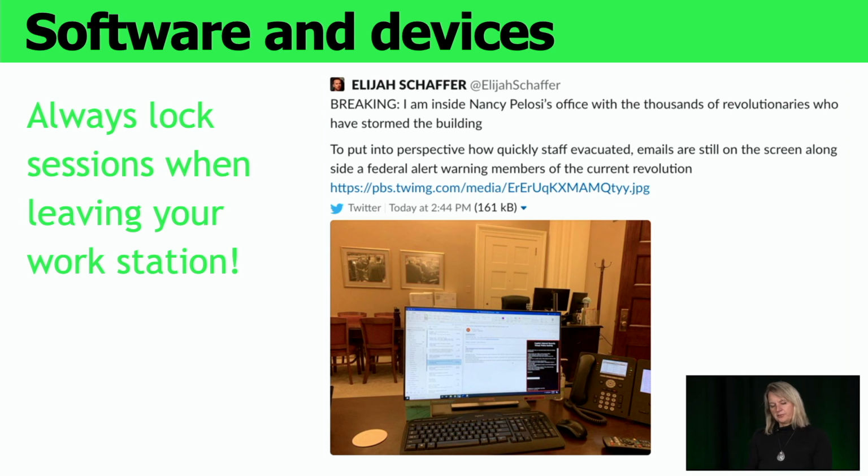So locking the screen is a really easy way to protect your data, and should be practiced every day.